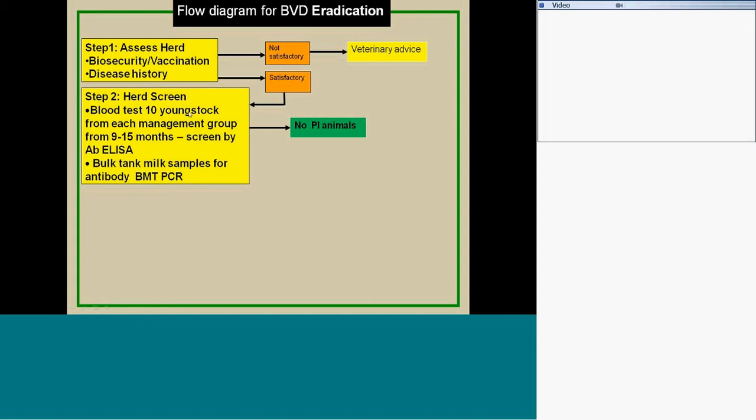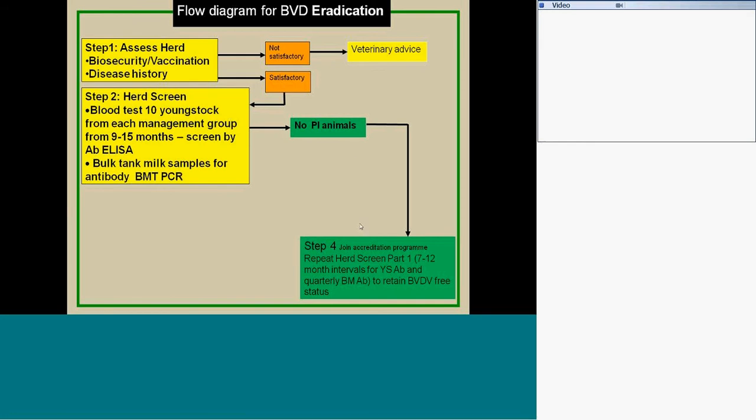If you're lucky and your bulk milk's negative and your young stock are negative for antibodies, then this really tells us that there have been no PI animals on the farm, so there's been no exposure to the disease. And the key thing here is to set up a sort of circular surveillance system. So basically you're cycling around and you're repeating this step here. You're looking at 10 young stock, bulk milk antibody on a regular basis